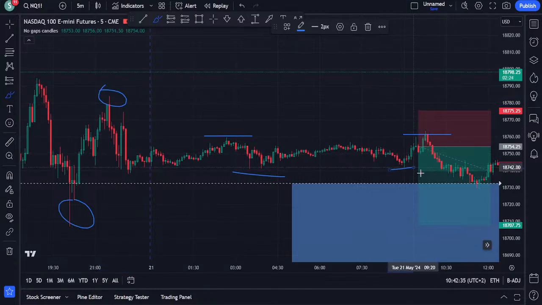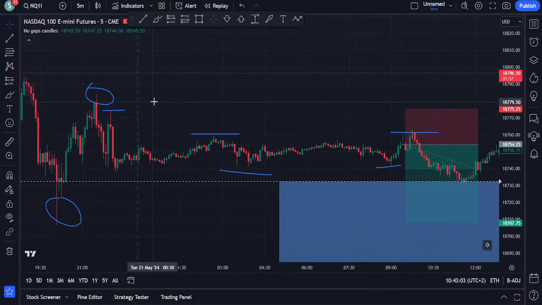We have some rejection. So I thought, yeah, okay, we're going up. No, we actually be going down. So I just added the short here and stop above here because, well, I guess this level, and price reached this point. Put the dynamic trail on. I had some other things I need to do, and that was pretty much it. I think I got out at 0.5 R. Yeah, that was that one.